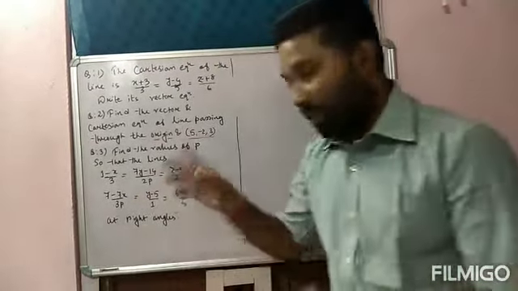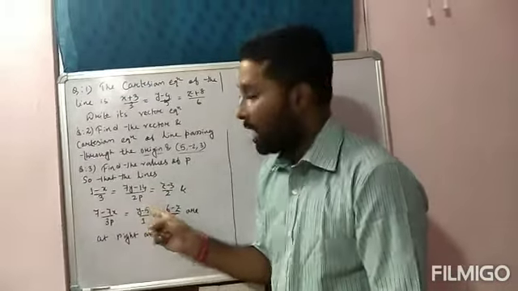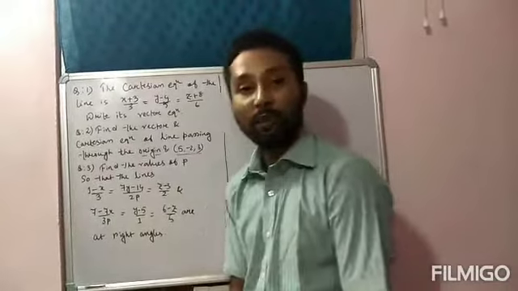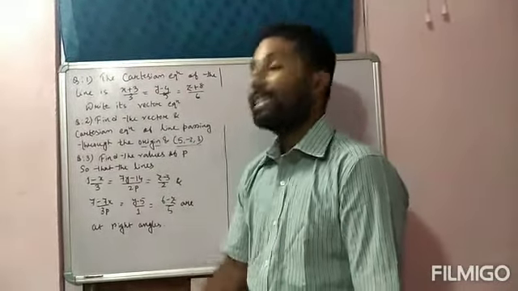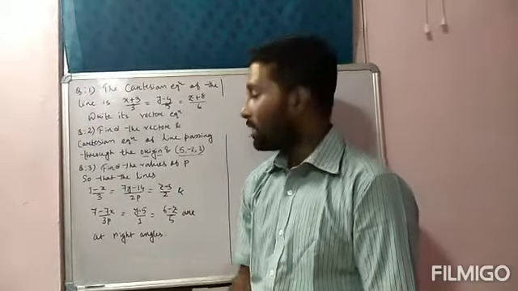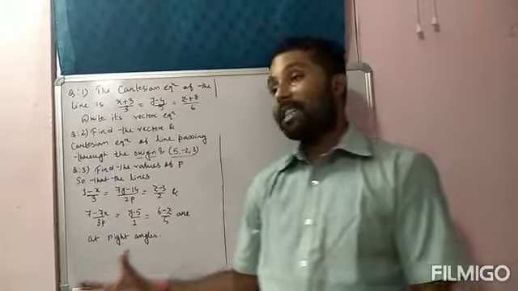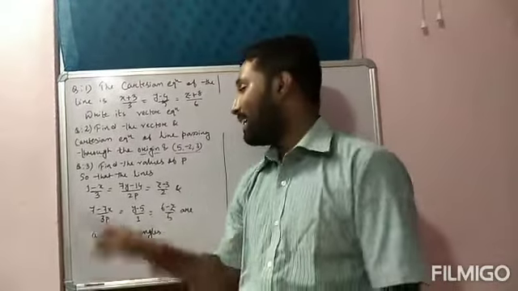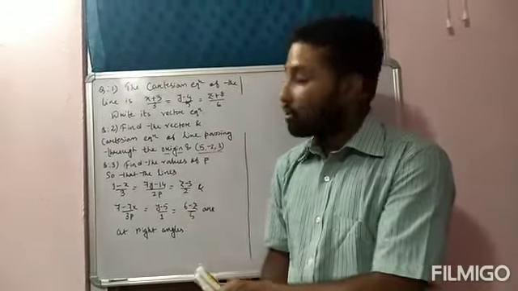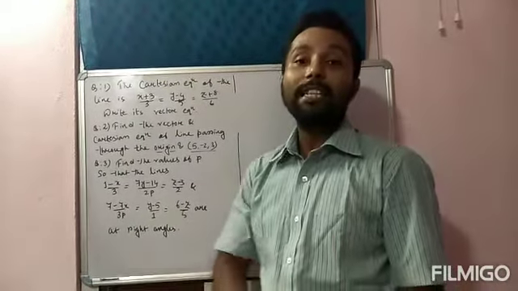So first of all you have to tell whether these two equations are equations of a line. Are these two equations in Cartesian form or in vector form? These two equations are in Cartesian form, but not in standard Cartesian form. You have to write them in standard form. In order to find the values of p, first check whether the equations are in Cartesian form or vector form. They are in Cartesian form but not in standard Cartesian form. We will have to arrange them. Why do we need to arrange? Since these two lines are at right angles, you have to use the condition of perpendicularity.